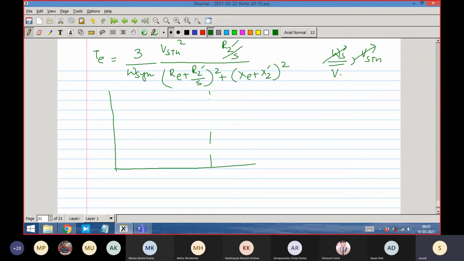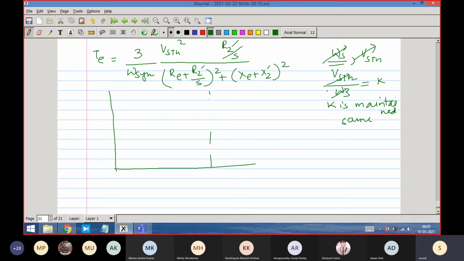That means we are changing VSTH by omega s as a ratio. Let us say this is a ratio K, and we are maintaining it constant. Ratio K is maintained the same. We normally use the term V by F. Omega s is the supply frequency that is changed in accordance with the voltage. These two things simultaneously change.